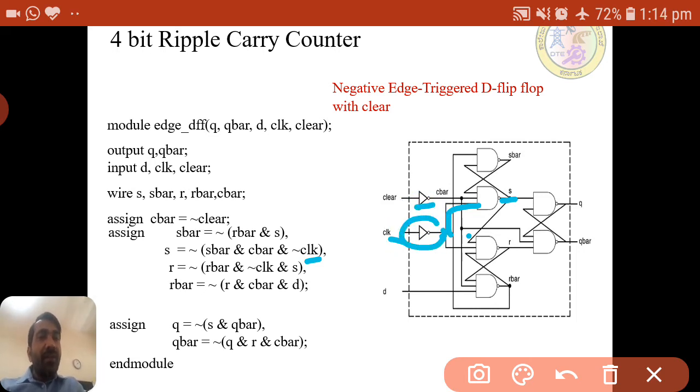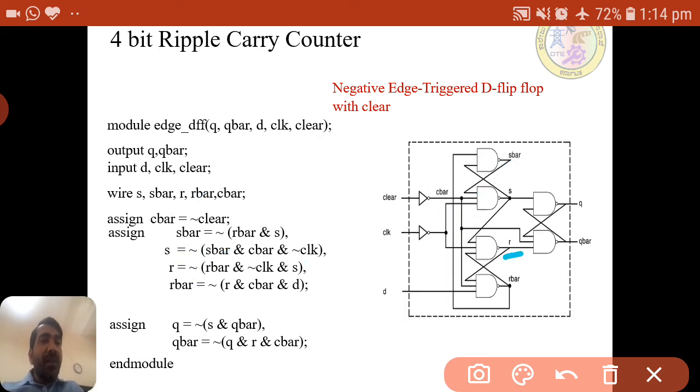C bar is already declared here, we have seen C bar, and S bar is here. All together, as it is a NAND gate, all are ANDed and outside is the NOT gate.